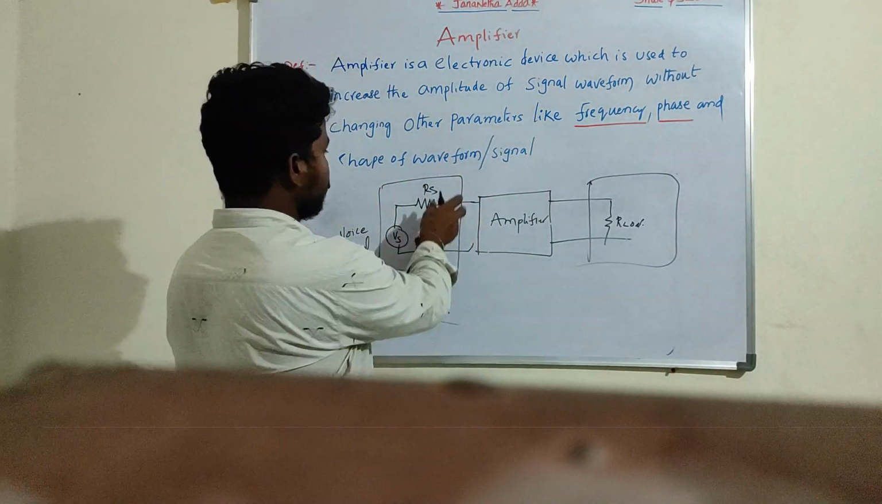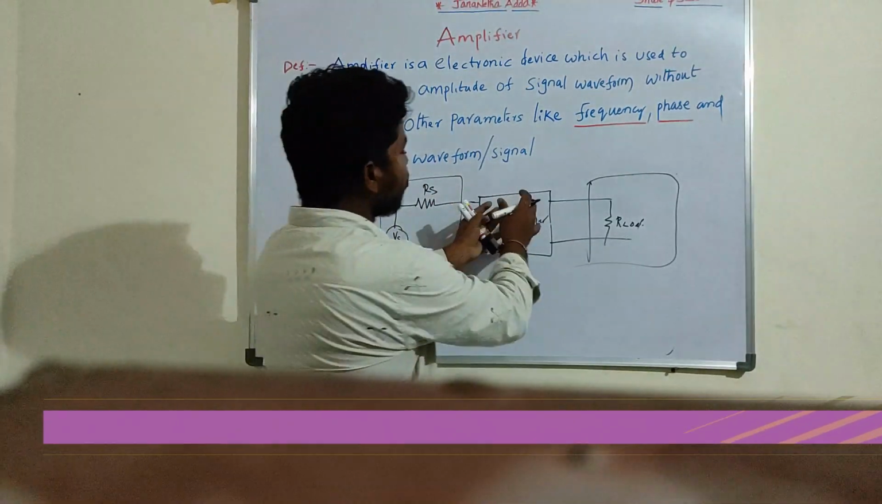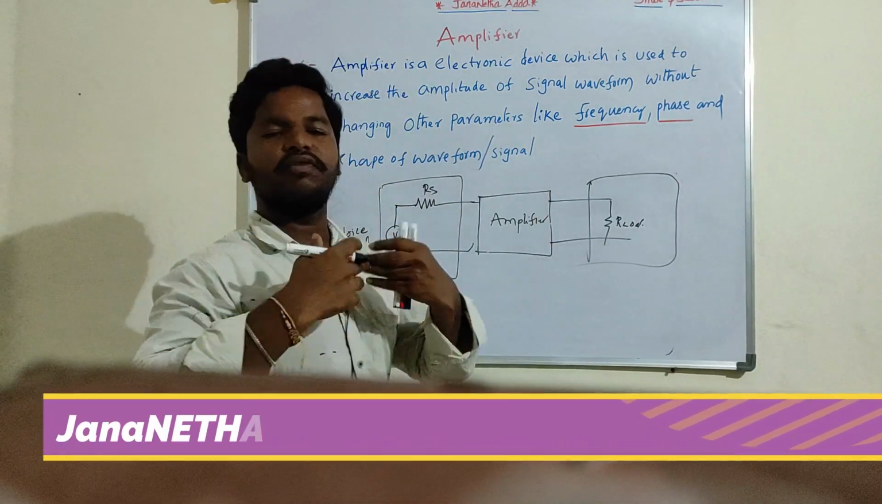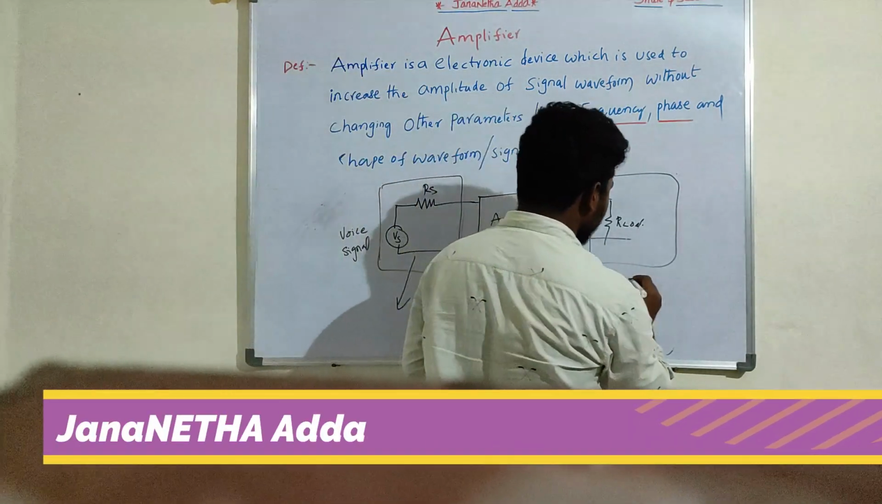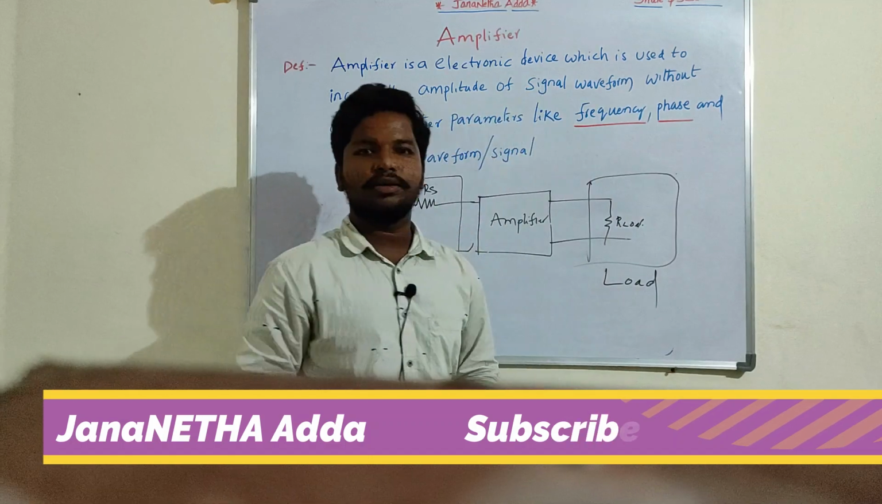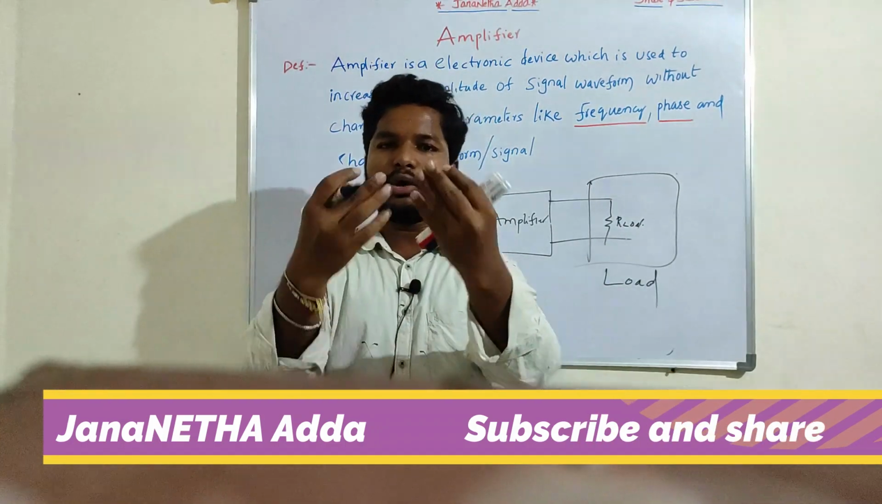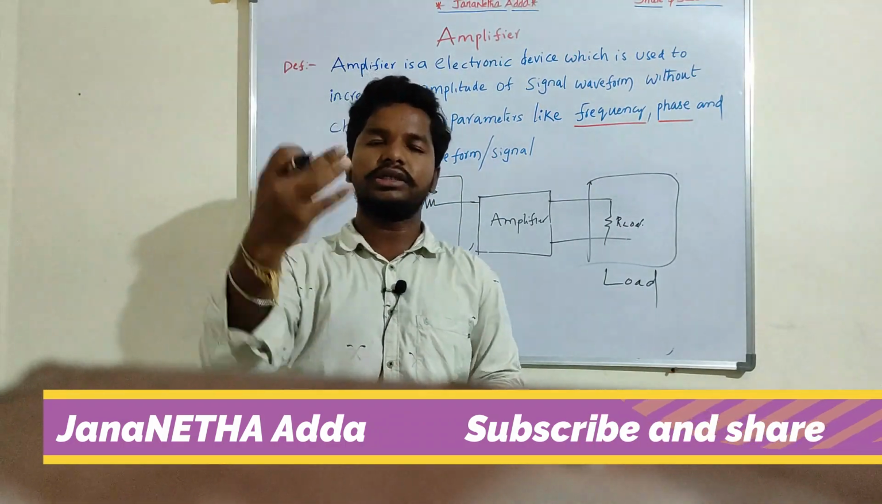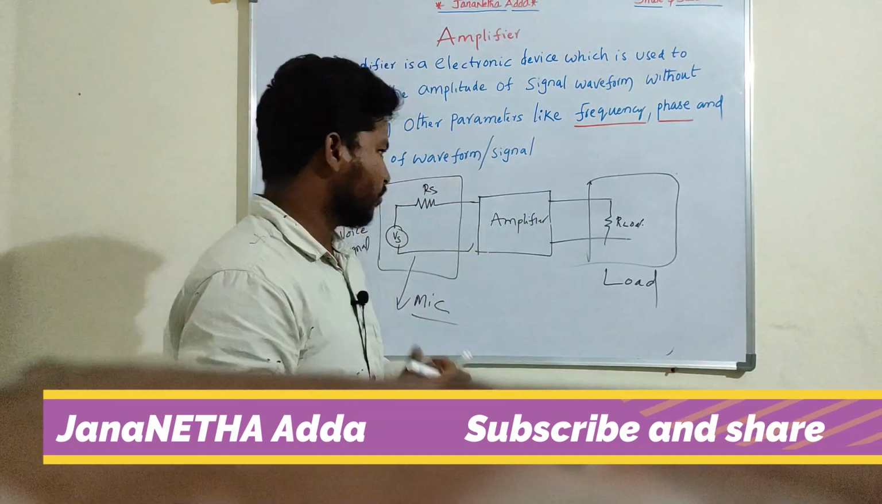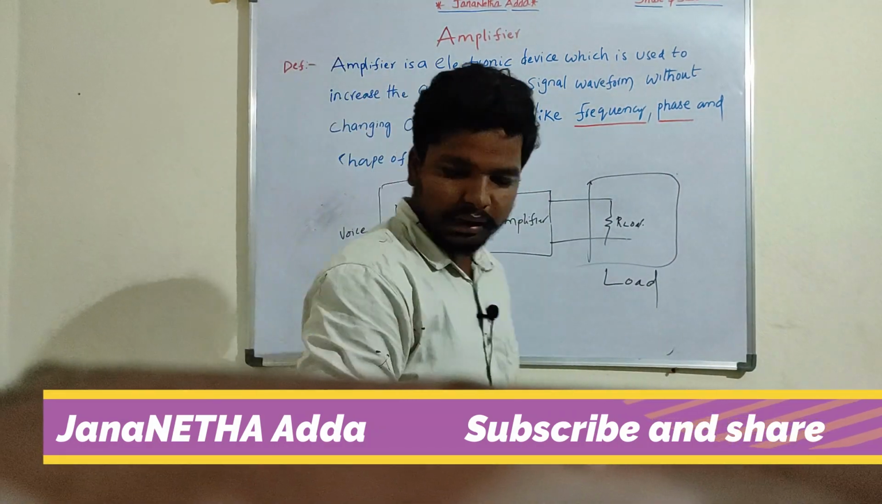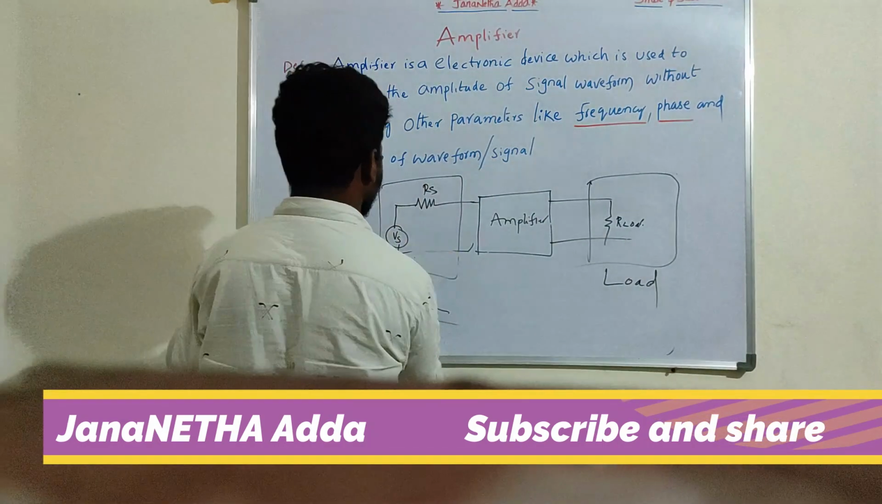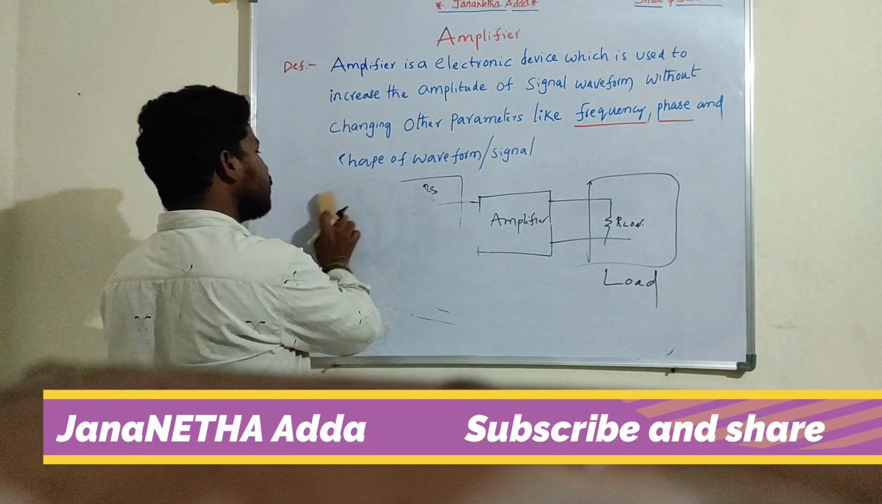So this is the transducer section which gives the input to the amplifier, which amplifies my signal, which feeds to a load. The load is your mobile, whatever we are hearing the sound, which is the amplified signal of my voice. This is the electrical physical representation of an amplifier, if we represent this operational